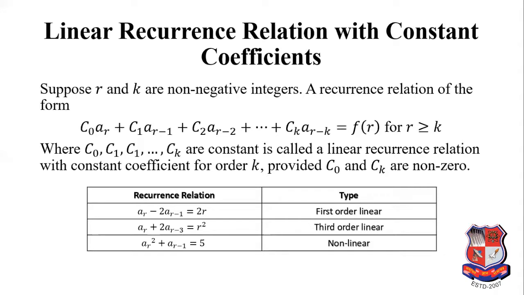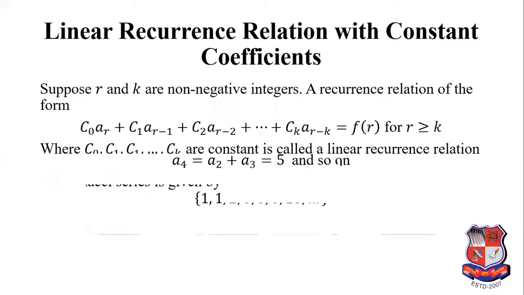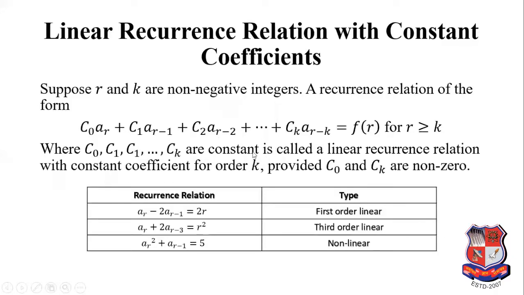Here we have two non-negative constants, that is R and K. The recurrence relation of the form C0 AR plus C1 AR minus 1 plus C2 AR minus 2 plus and so on plus CK AR minus K is equal to f of R, where f of R is nothing but any function of R. It may be a constant also, for R greater than or equal to K, where all C0, C1, C2 up to CK are constants, is called a recurrence relation with constant coefficients of order K,